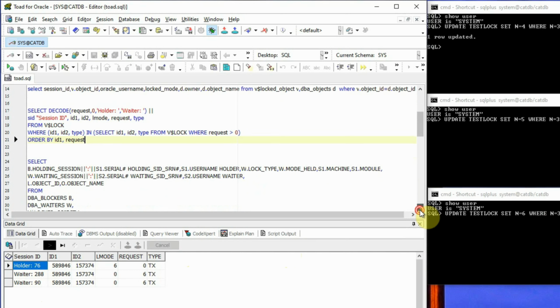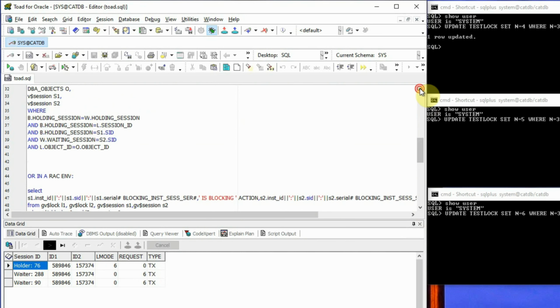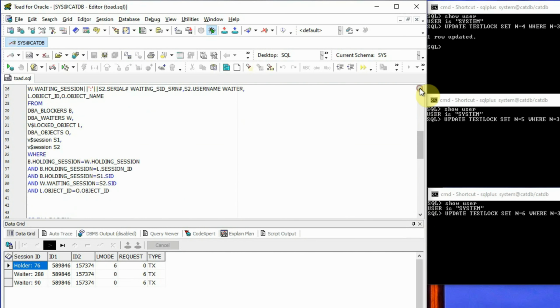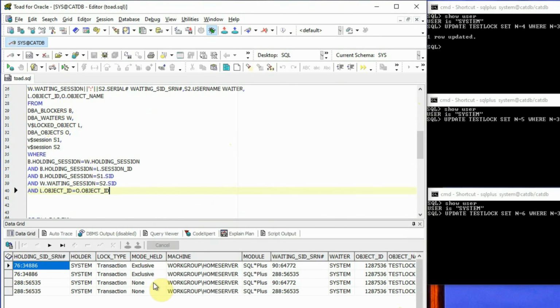Now the second SQL statement to extract the blocking lock related statistics is a little complicated, and it is joining multiple views from the views that I just mentioned, like DBA_BLOCKERS, DBA_WAITERS, V$LOCKED_OBJECT, DBA_OBJECTS, etc. And this will give us a lot of information about the holding session and the waiting sessions, like the holding session SID, serial number, the user holding the lock, what is the lock type, what is the mode,